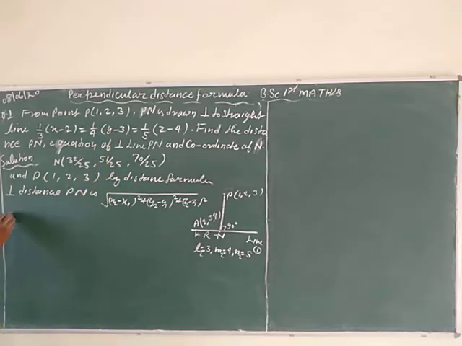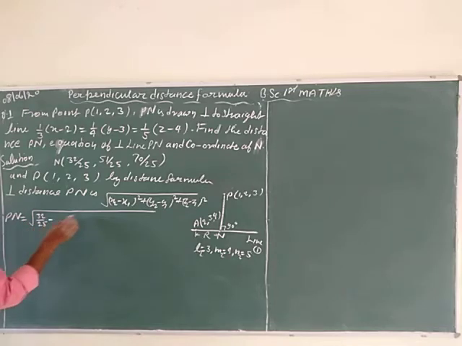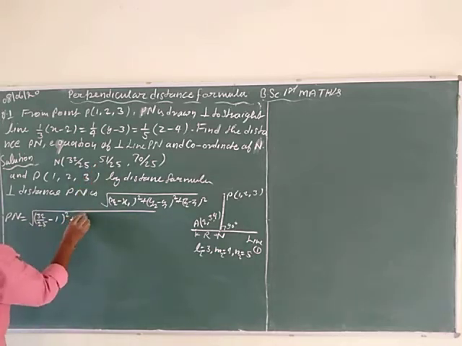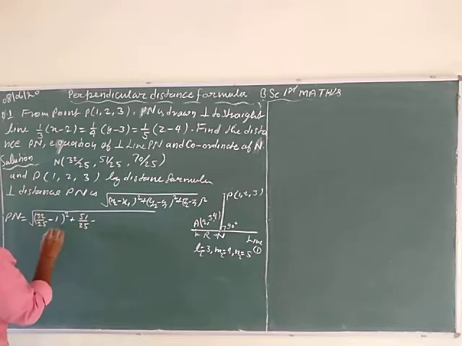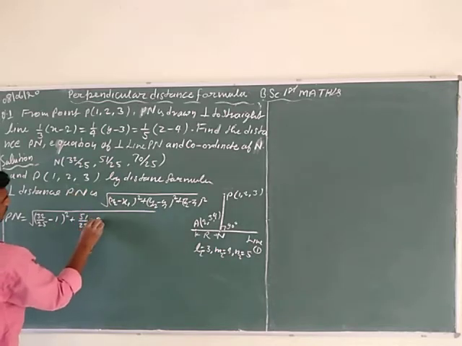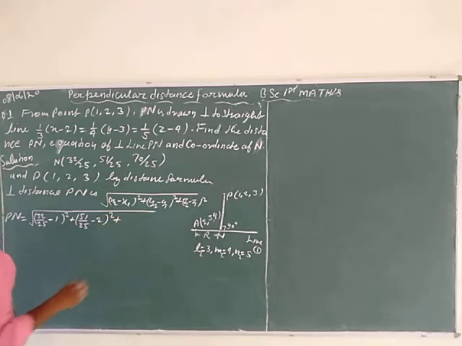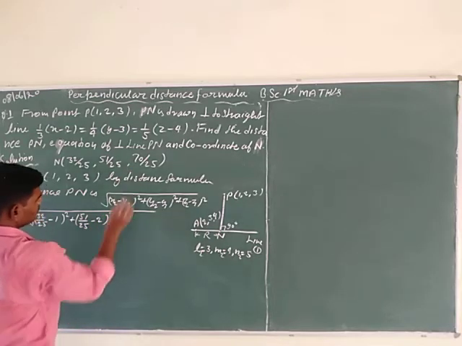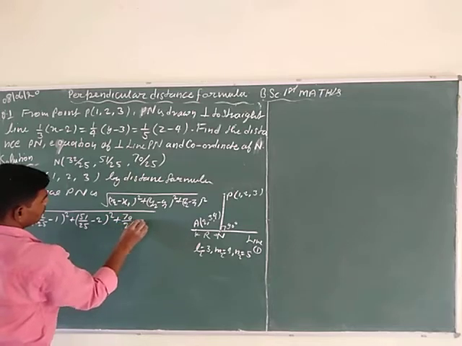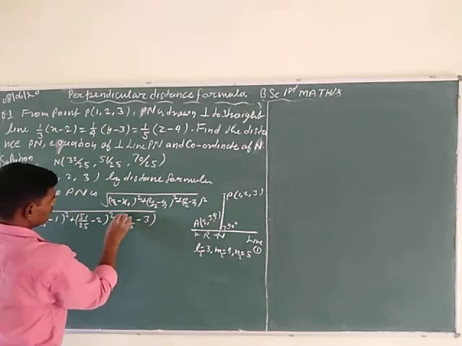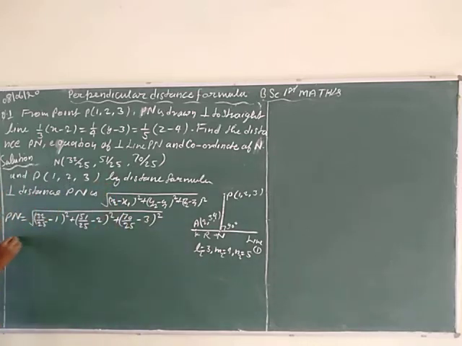Putting in the values, PN is equal to the square root of (x2 minus x1, that is 32/25 minus 1) whole square plus (y2 minus y1, that is 51/25 minus 2) whole square plus, at last, (z2 minus z1, that is 70/25 minus 3) whole square. After simplification,